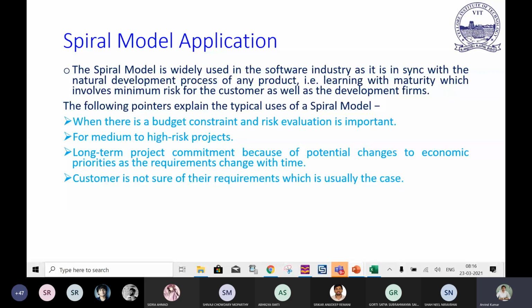For example, on the VTOP, some requirements arise that were not considered at the initial stage, but now we need some step like your project submission tab, or your file submission tab, so that could be included at a later stage. So many times, or most of the times, the customer is not sure about their requirements, and that could be added at a later stage,